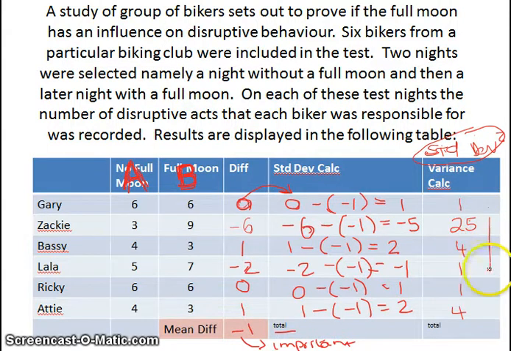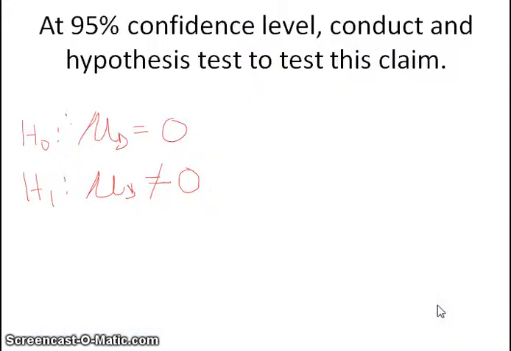And now what we do is we take the total. So the total of all of these values is 36. And this is important for our test statistic. The reason why we did this whole table is there are 2 things from this table that we need for our test statistic, and that is the mean difference as well as the SD. Now SD, this is not, 36 is not SD. We first have to calculate SD.